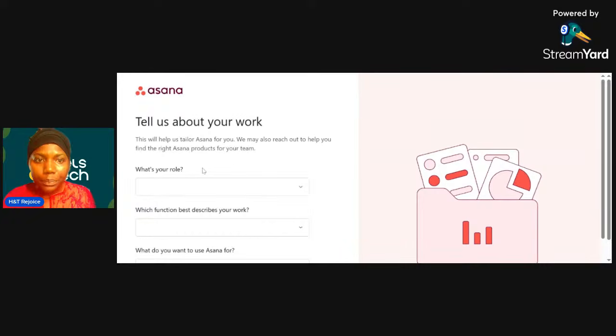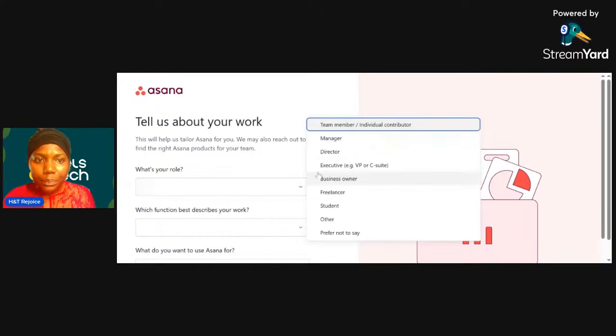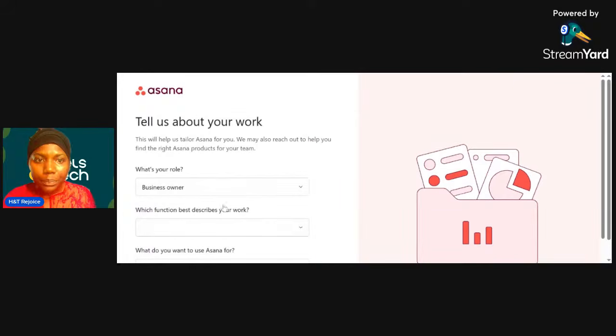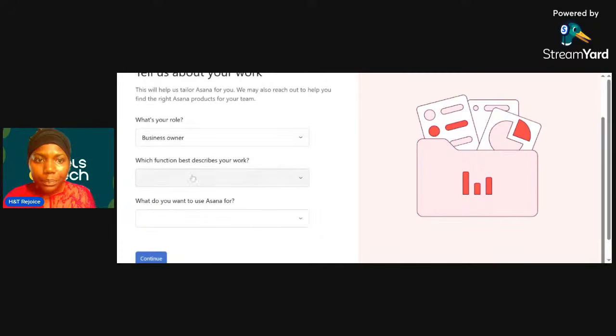So for the role, what's your role? Manager, director, executive, business. Let's say that you're a business owner and you want to use Asana to manage your tools. What function best describes your work?